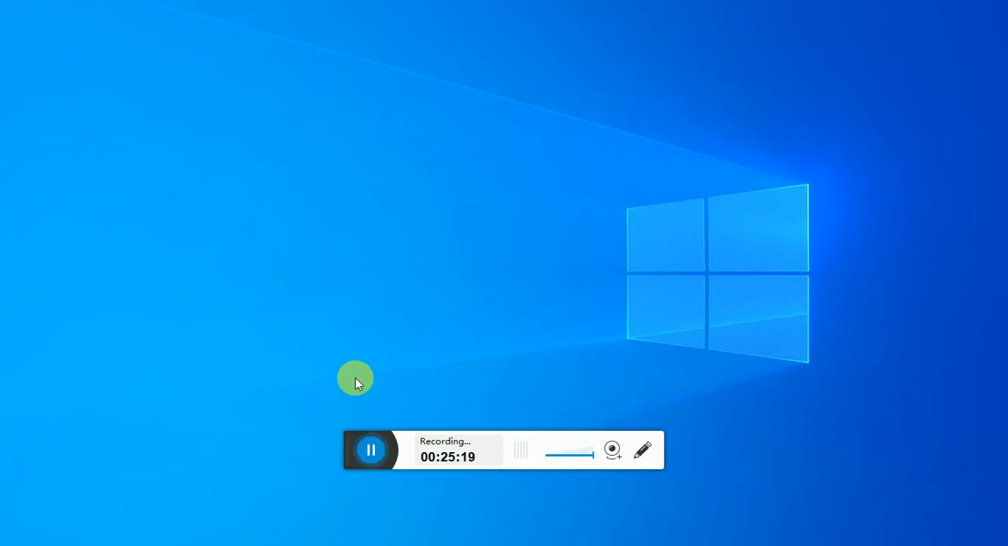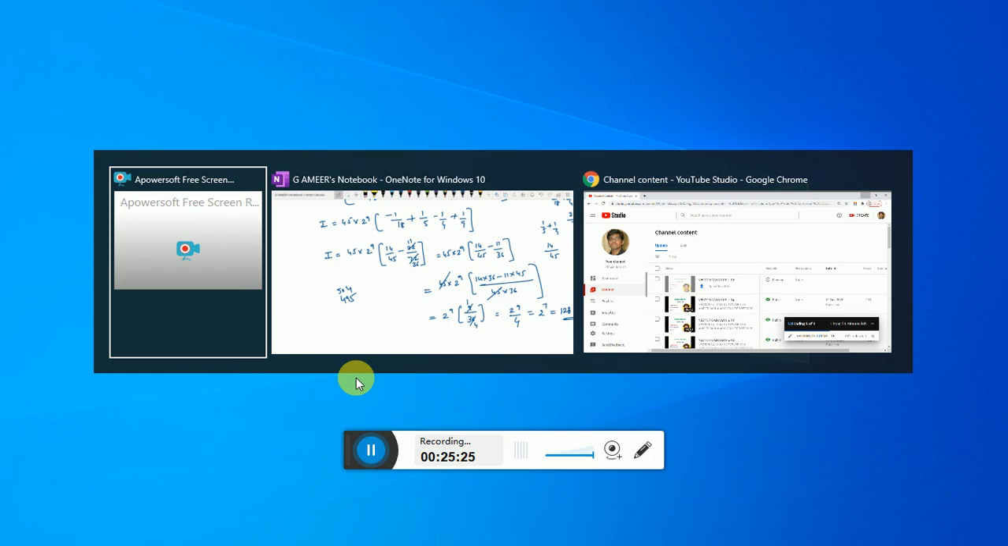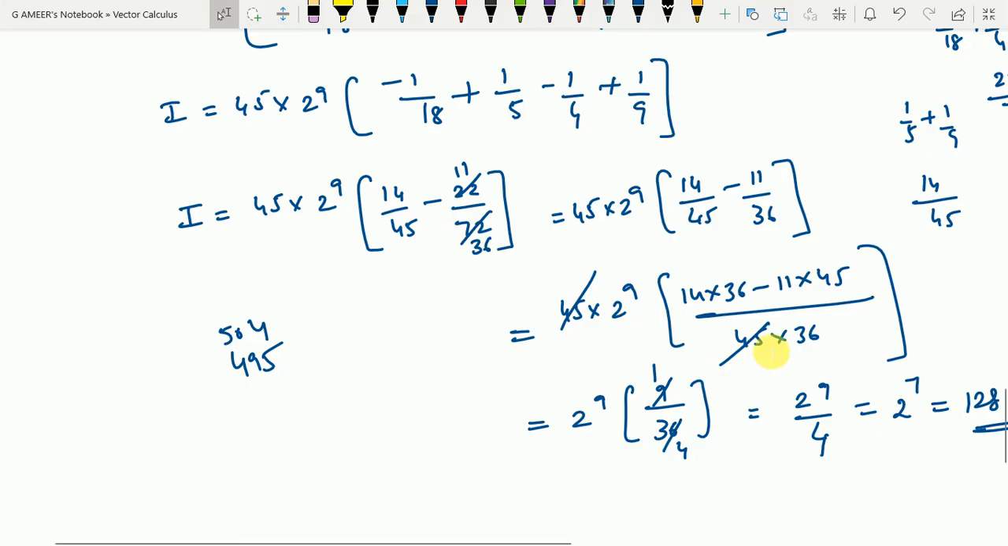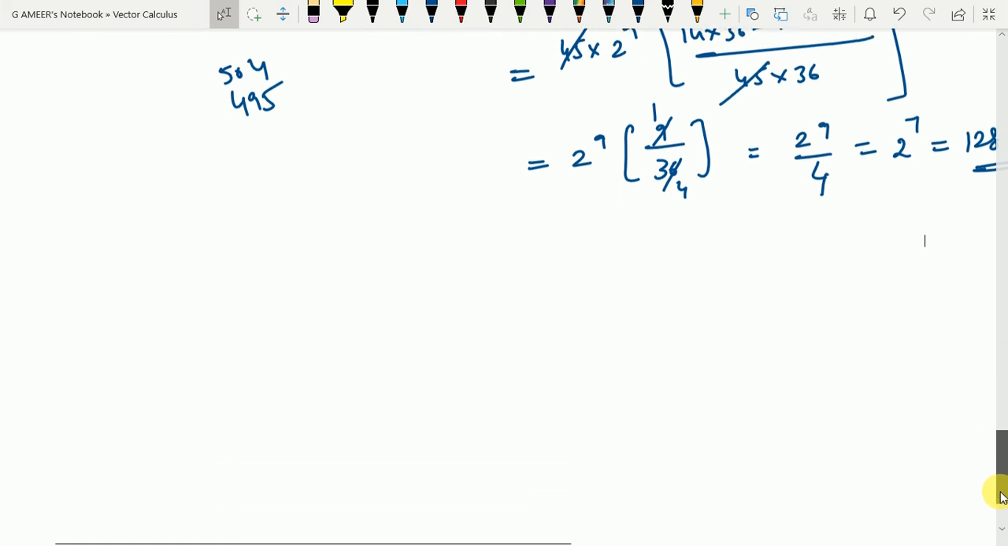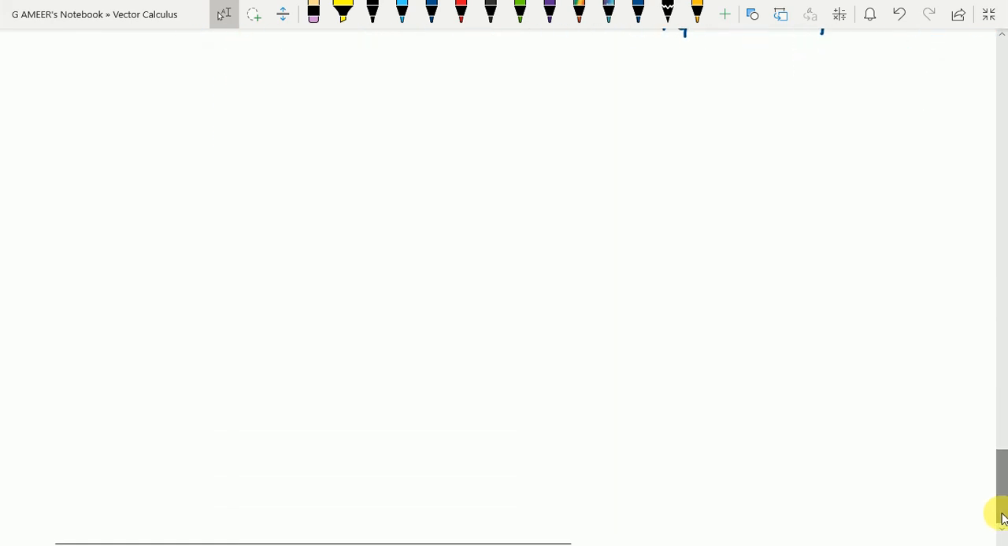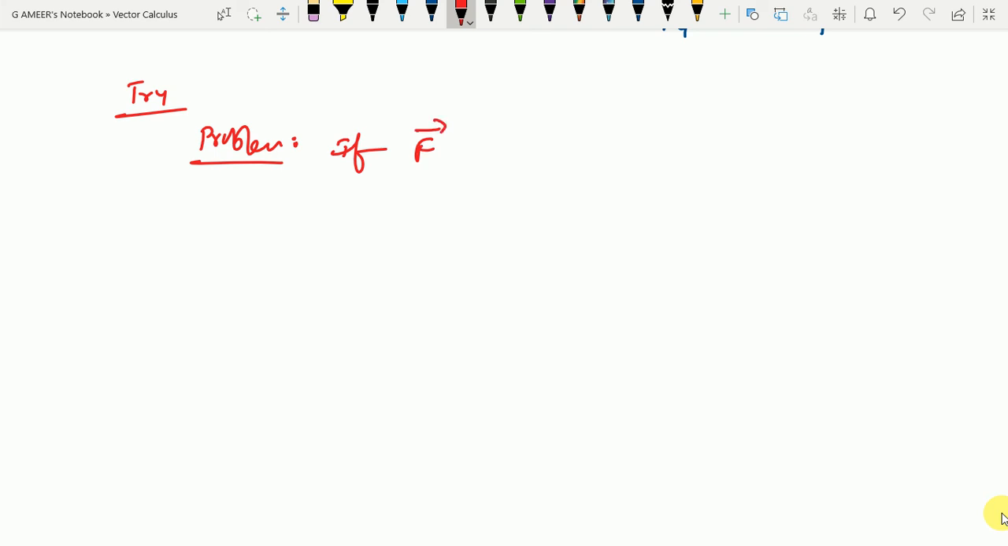Yes, students, I will give you one problem. You try it on your own. If you are not getting it, we'll discuss it in the next class. Let us take that problem. It's almost similar to this one. The problem is as follows. If f is equal to 2x square minus 3z i minus 2xy j minus 4x k, then